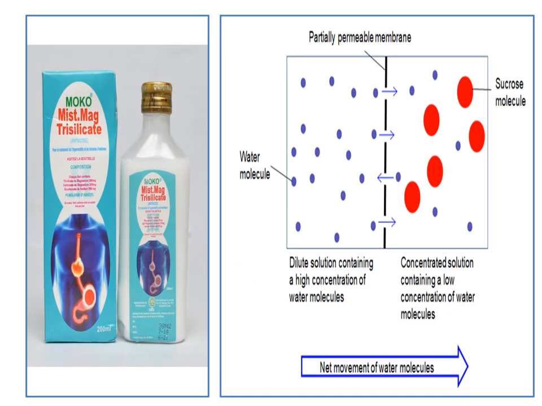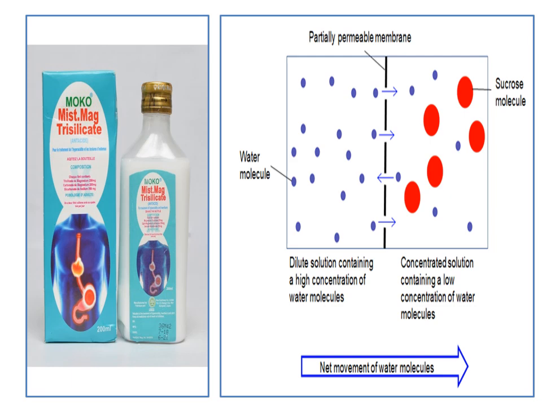Magnesium trisilicate is a laxative, and just as we said in the previous slide, laxatives typically make use of the physical mechanism to perform their action. In the case of magnesium trisilicate, or MISMAC, the physiological mechanism it makes use of in performing this action is the mechanism of osmosis. Remember that osmosis, based on physiology, is a concept that talks about the movement of fluid